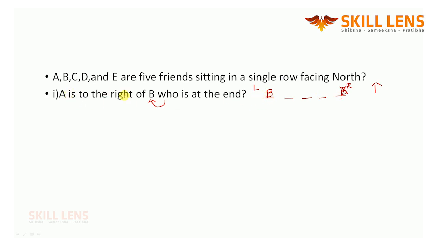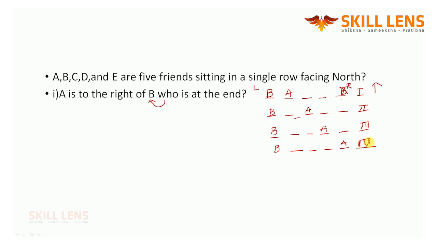What about A? 90% of people will place A here, because B is here, so on the right hand side A will be here. So this is the first way of arranging. But who told you that's the only way? I can place B here, I can place A here also. This is also right. So this is the second way of doing it. On the same note, if I place B here, 1, 2, 3, 4, 5, I can place A here also. If I place B here, 1, 2, 3, 4, I can place A here also. All the 4 ways are going to be possible.